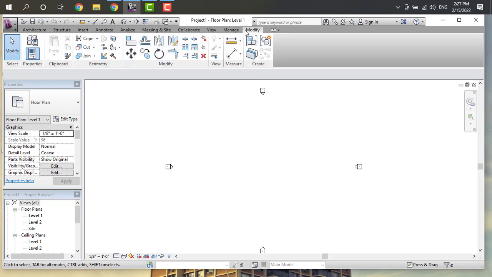Next go to modify commands. In modify we have commands like in AutoCAD: move, rotate, copy, mirror, offset, scale, all of which we use in AutoCAD.